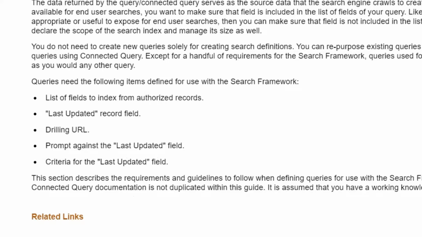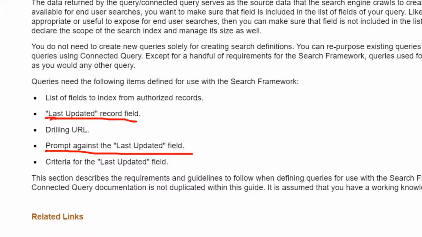I quickly jumped onto PeopleBooks to check if I have covered everything related to the last updated record field. We just discussed in our example the importance of the last updated record field in our search query. There is one more requirement of the search query, that is, there should be a prompt on the last updated record field, because PeopleSoft can pass the data to Elasticsearch dynamically.